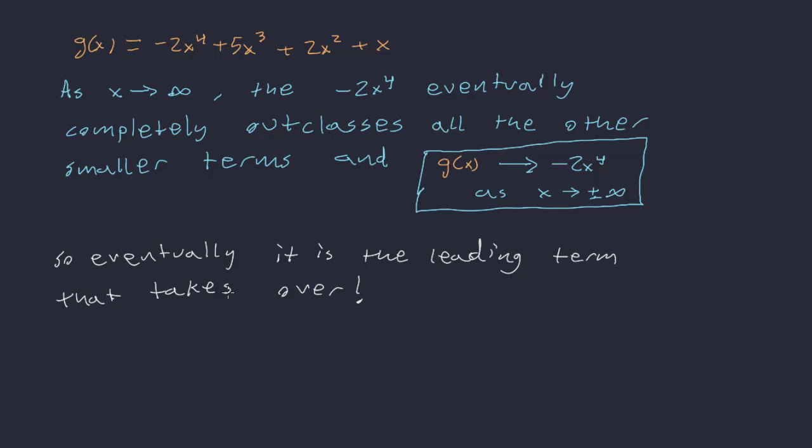Okay, and since it is that leading term that takes over completely, for any polynomial, all right, we can basically reduce this down to what's happening with the leading term. And it doesn't even have to be polynomials. It could be really any power type function. Okay, so